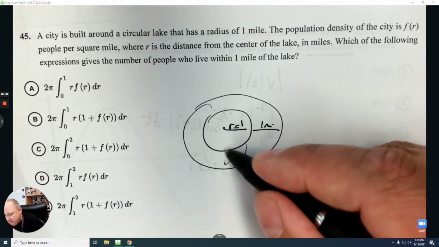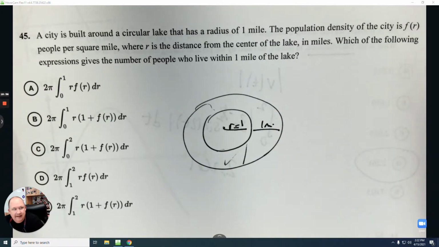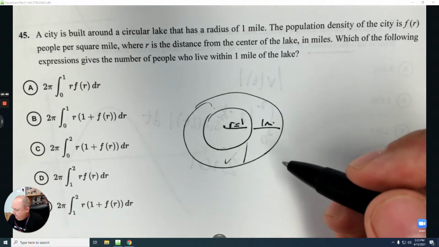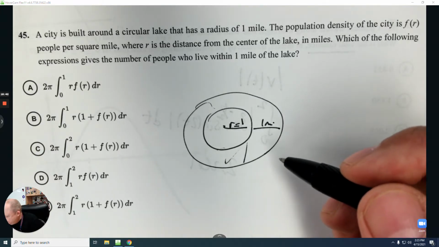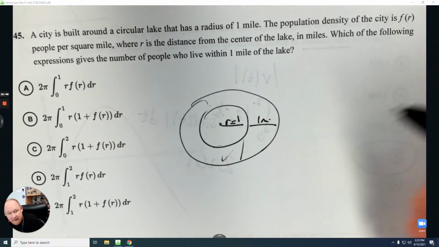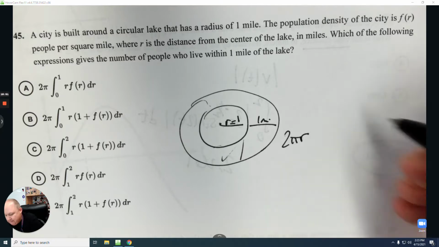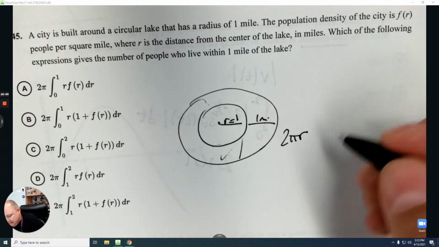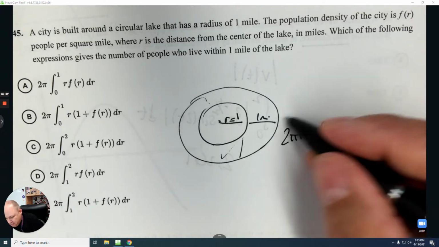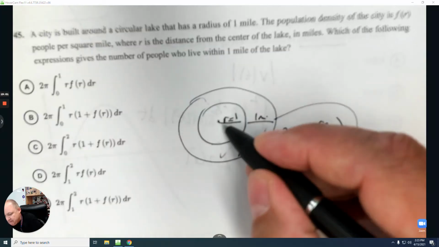And it says the density here is represented by f(r). And in one sense, you could think of this as the radius, the circumference times the density. So the circumference is 2πr, and the density is f(r). So if we multiply that together and we integrate, now if you see, people aren't living from 0 to 1